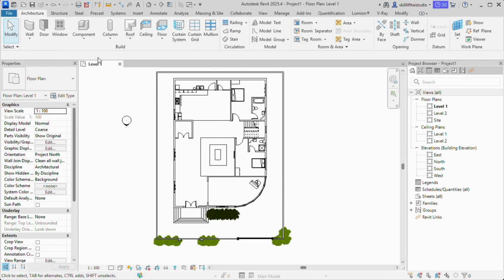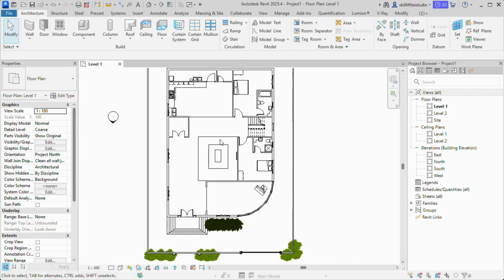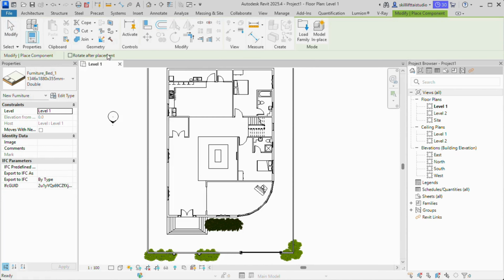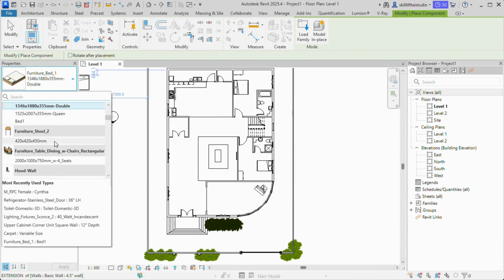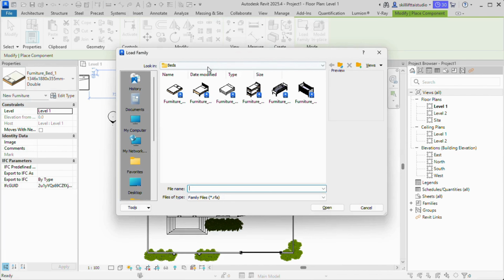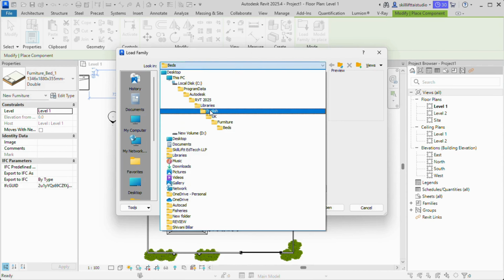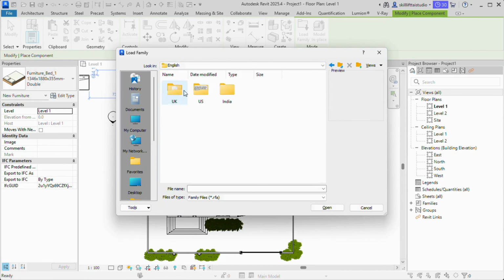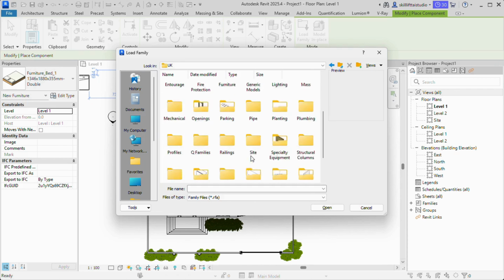So now let's see how to place. I need a furniture here. Okay, so what I'll do, I'll go to architecture tab, in components I'll click on place a component, look for them in the property palette. If I can find it, okay, otherwise go to load family, libraries, English, UK,